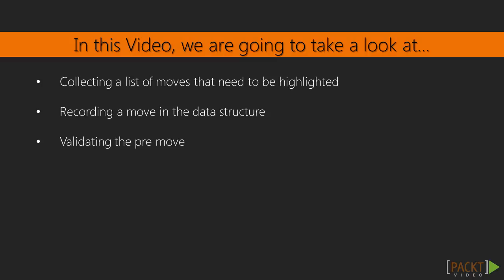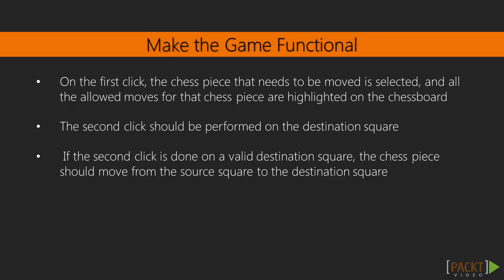The objective of this video is to move the chess pieces with a click of the left mouse button. When a player clicks on a chess piece, the code should first check whether it's a legitimate turn for that chess piece. On the first click, the chess piece that needs to be moved is selected, and all the allowed moves for that chess piece are highlighted on the chessboard. The second click should be performed on the destination square. If the second click is done on a valid destination square, the chess piece should move from the source square